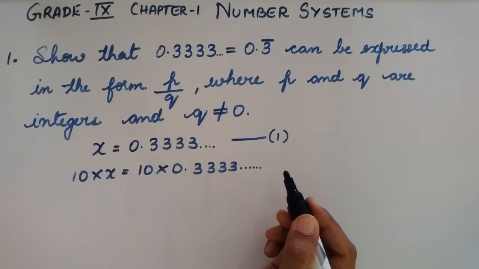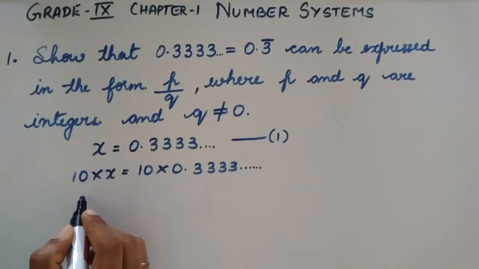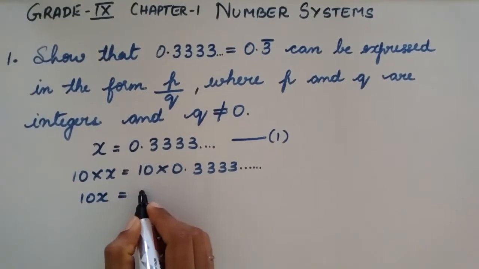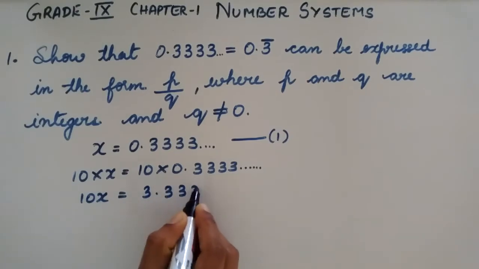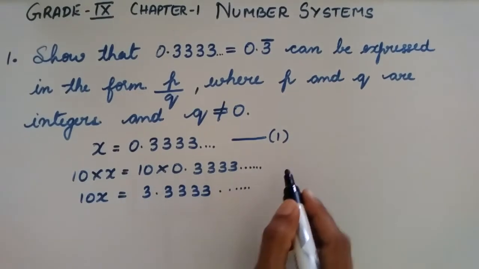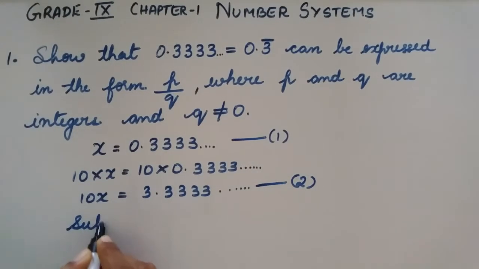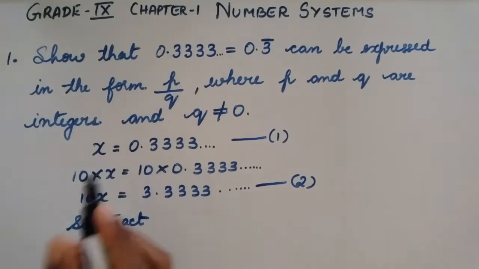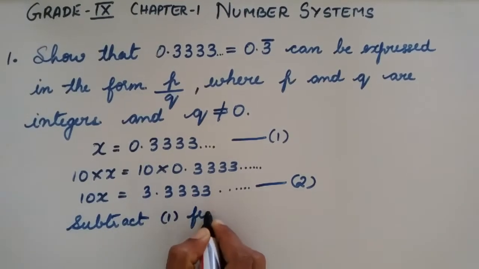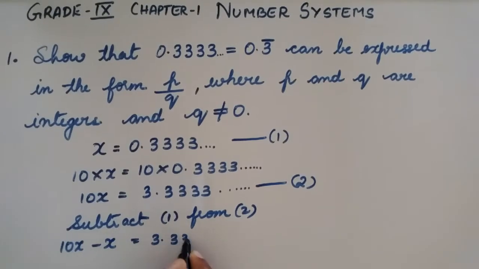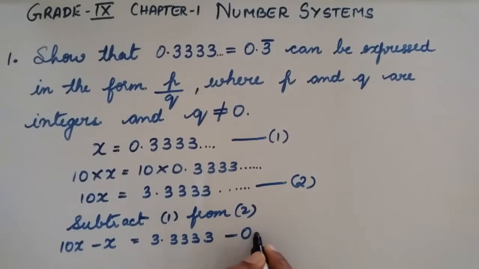And after this, multiplying this, you get 10x is equal to 10 into 0.3333..., which gives 3.3333..., and take this as equation 2. And then subtract 1 from 2. That is 10x minus x is equal to 3.3333... minus 0.3333...